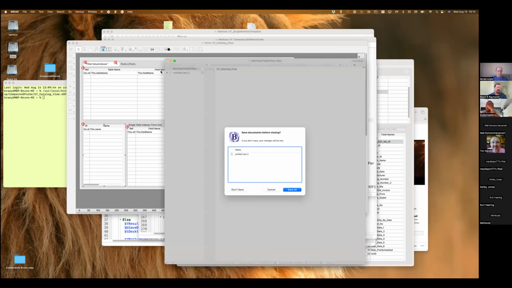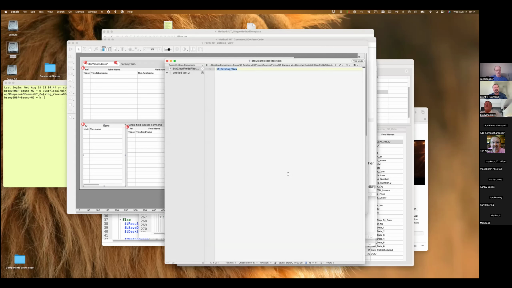A natural next step might be, there's a couple of things you could do: move all of the code to the form method, have all of the events be handled by the form method itself instead of by the object methods, and then turn the whole thing into a class.